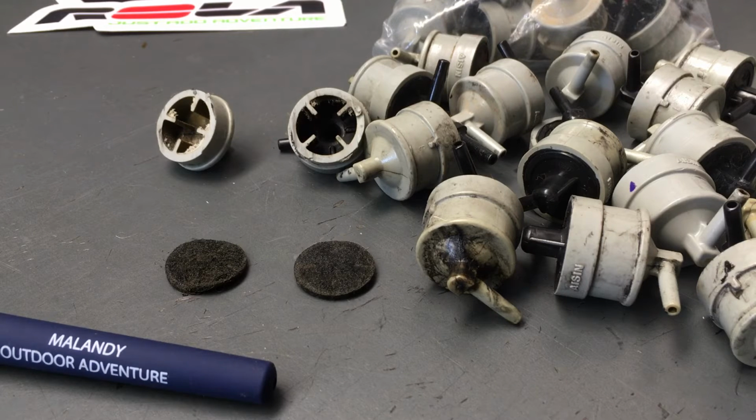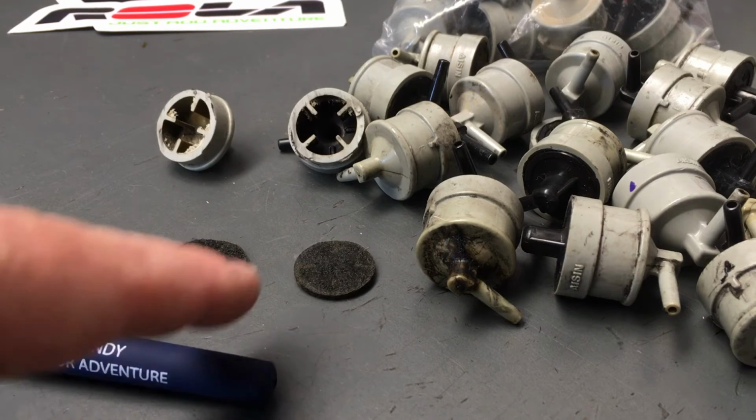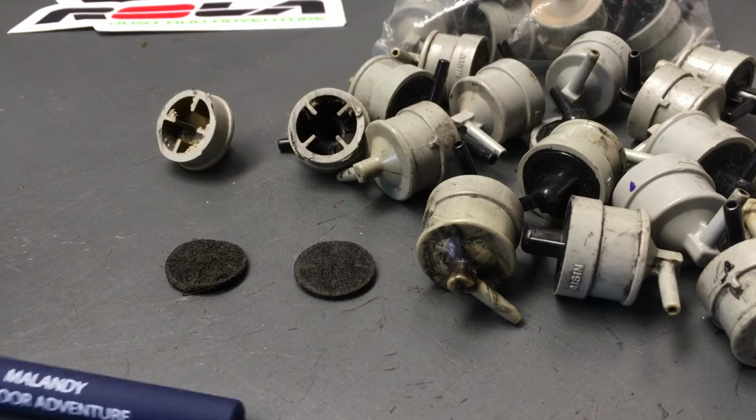So with the cracks, no big deal, they leak a bit. The point is they need to be replaced long before then. So basically it's not about the cracks. If it's cracked, it's way too old. There's a filter in there. We've cut a few open and they're the elements there. Now what I want to point out with is